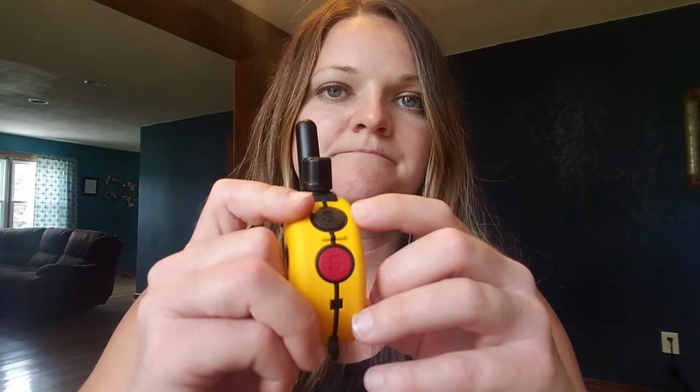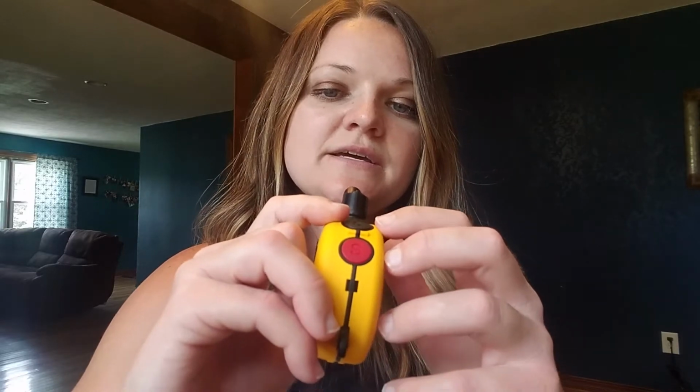All right. On the buttons here, the black button is a momentary button. Again, if you have a two-dog system, buttons are going to mean different things. But we're just talking about the one-dog system here. Black button is momentary. The red button is continuous. This over here, it vibrates. And if you press this and one of these buttons together and hold it, it does like a boost type thing. I do not want you to do that,